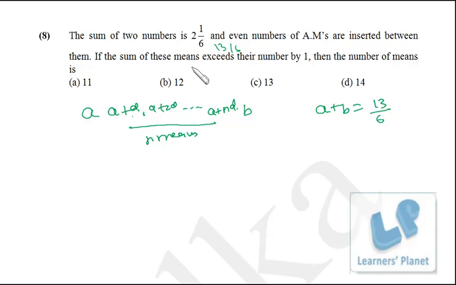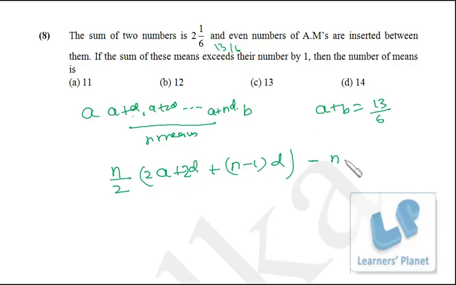Now if the sum of these means, the sum of a plus d to a plus nd, in total there are n terms, so the sum is n by 2, first term is a plus d, so twice the first term is 2a plus 2d, plus the total number of terms is n, so here I'll put n minus 1 and the common difference is d, right? So the sum of these means exceeds their number, which is n, and that is equal to 1. Okay,